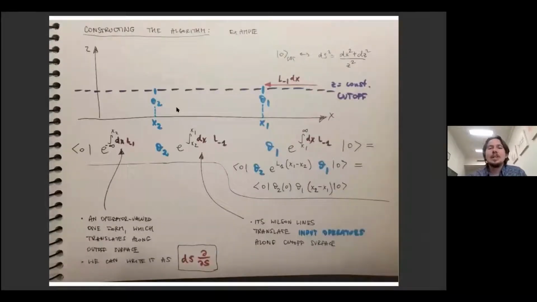Okay, so as a guide towards the general construction of such an algorithm, let's go back to the state which is probably best understood of all states in field theory, which is the ground state of a two-dimensional conformal field theory. So here it is. And I imagine that it has some bulk representation in terms of an anti-de Sitter space. So I imagine that the CFT is holographic. Here is a picture of an equal time slice of the bulk. Here is the spatial coordinate, and this is the bulk coordinate z. And I imagine that there is some cutoff, which I drew here as a dashed line.